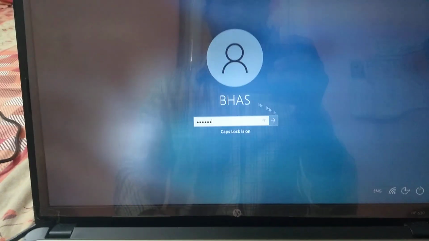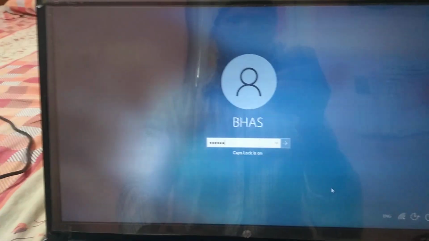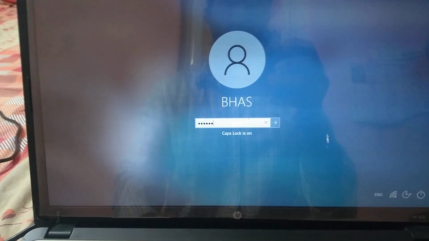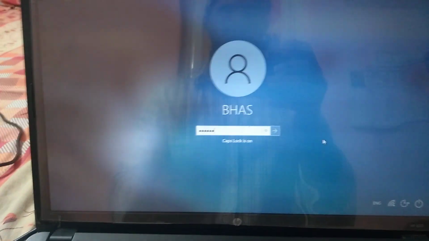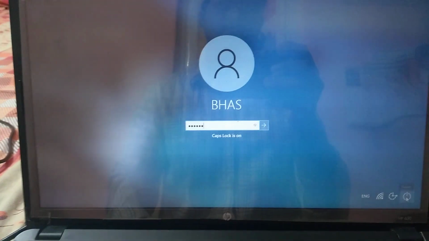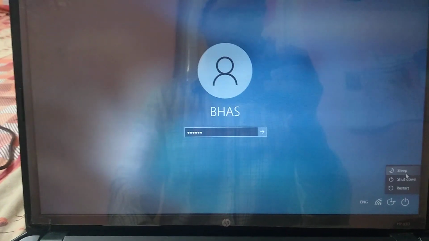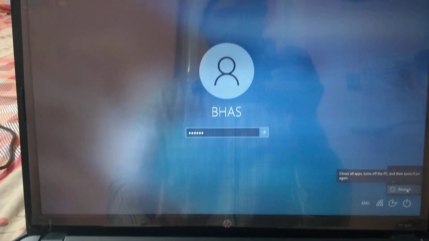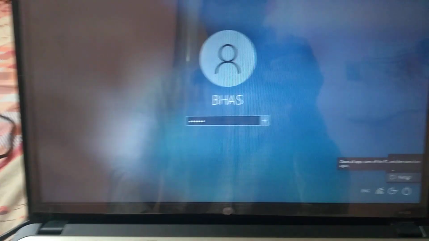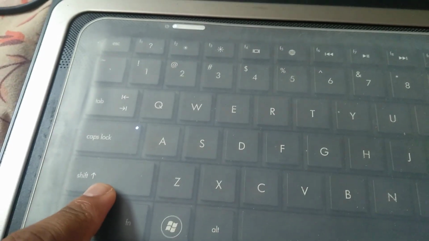So the option to restart your computer, or to take you to the troubleshooting panel, is, you can see here, right, the power option. You just click here. Three options will come: restart, shutdown and sleep. Before clicking on restart, guys, I am telling you, hold down the shift button. You can see here the shift button, right?